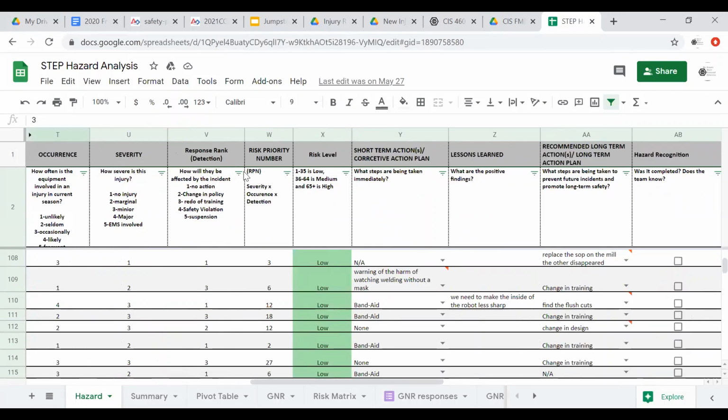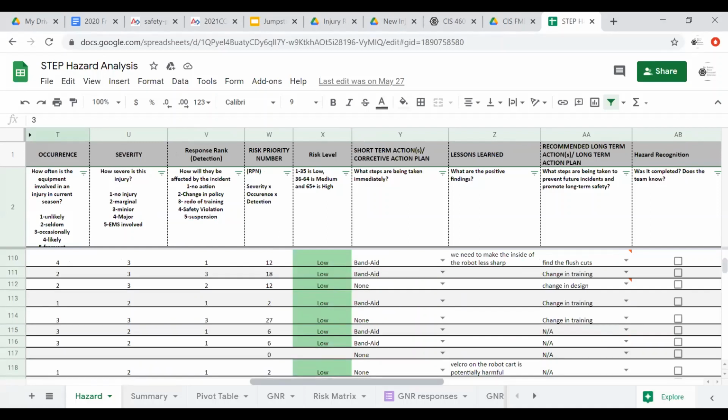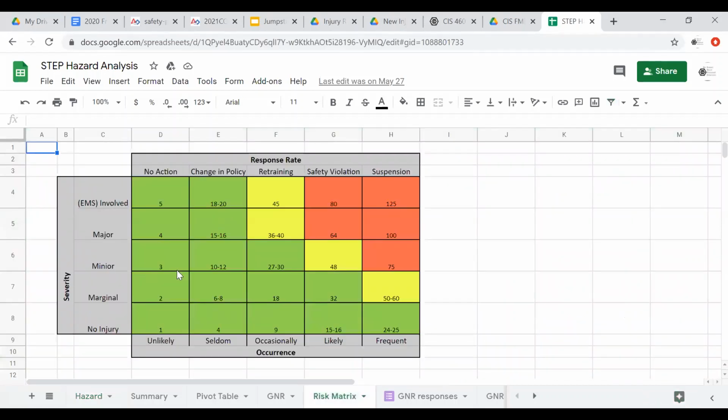Then they multiply together and you get a risk priority number. See how all of these are low? We'll pop over to our risk matrix here. They're all falling into this green happy area where it's not a huge deal. Where you get into this yellow and red area, it means you have a serious problem and you need to